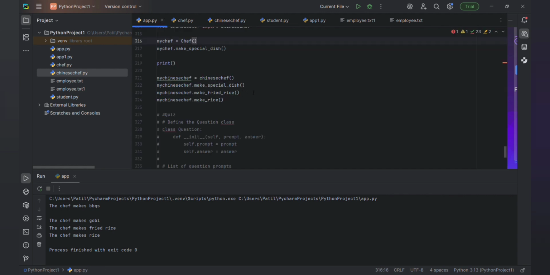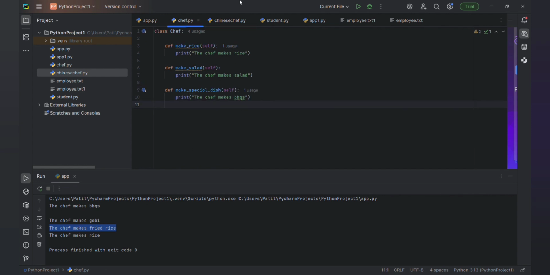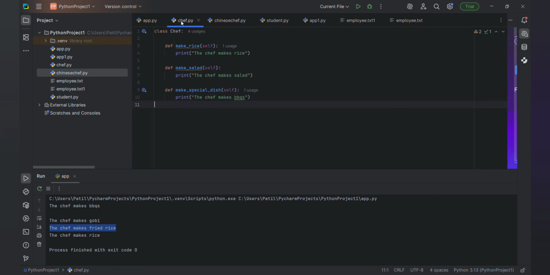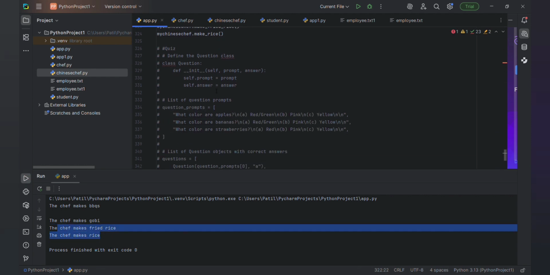Here the special dish, gobi will print, and then fried rice I have already specified here. And the next thing is make a rice. This is not there in this class, but we have inherited the chef class, so automatically it will come in the Chinese chef. It will print as makes a rice. Yeah, this is the inheritance.